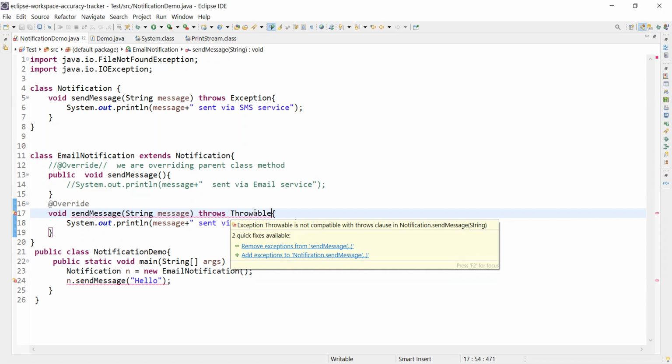What is the purpose of using overriding? Overriding is basically used where we want to override an existing functionality. For example, let's say you have a utility class which is provided by some third-party library. For this particular utility, you don't have the Java file or the Java code.